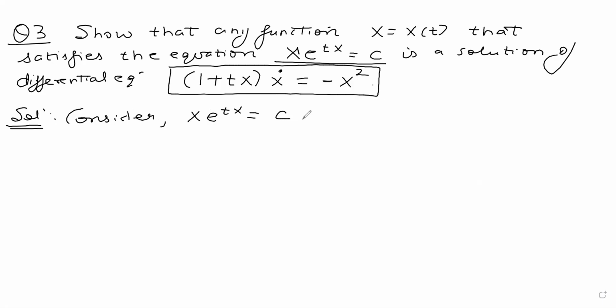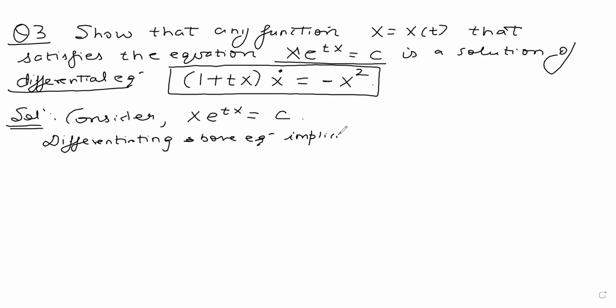Now clearly all students can see, let me differentiate this equation, because in the differential equation I have x dot, which is dx by dt. So differentiating the above equation implicitly with respect to t,